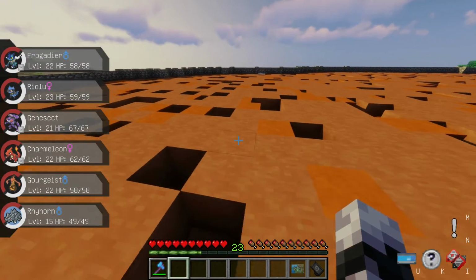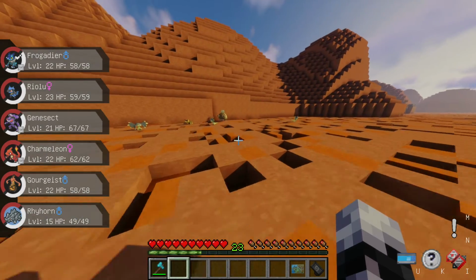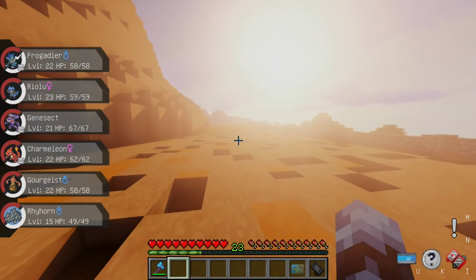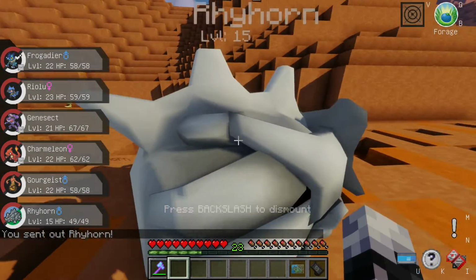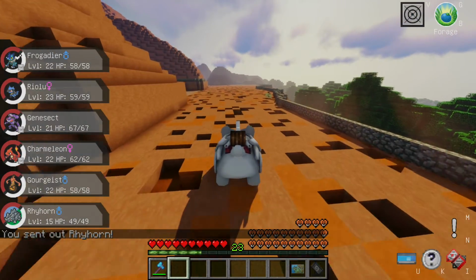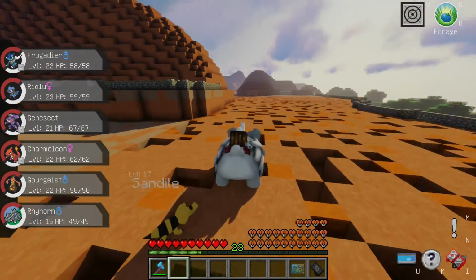So I am supposed to ride the Rhyhorn over this. I don't think there's a way for them to make me ride the Rhyhorn. So I can just run through this. Though I should play along, shouldn't I? If it works. I don't think it's quite working properly. Don't know why I don't think it's working properly, but...